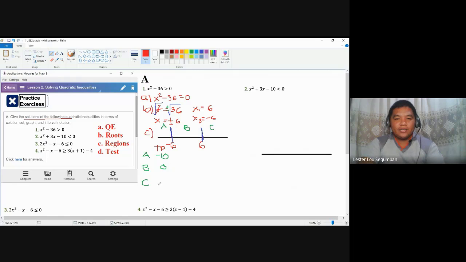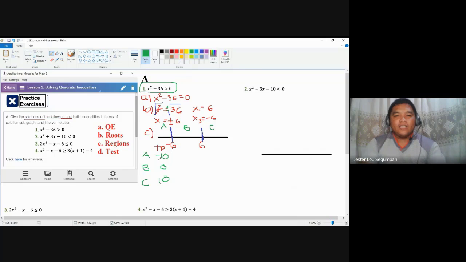And the test point here is probably 10, if you want. Okay, 10. Let's use 10. So these are now the test points. We could actually use this in the given equation, and if it satisfies the inequality, this region is a solution, and so on and